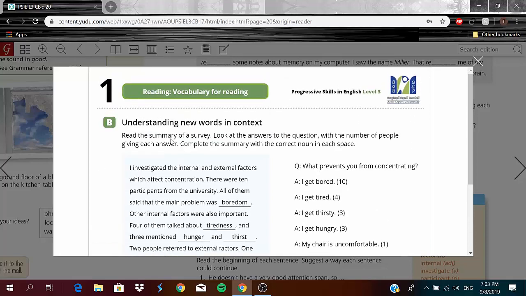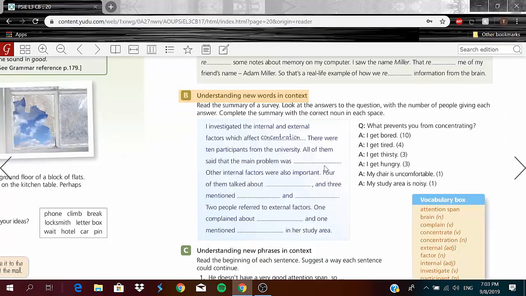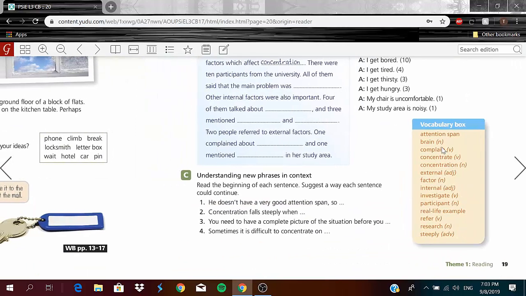Okay, so that was exercise B, understanding new words in context. Now let's go to C. Before we do that, let's check the vocab box. You guys know the drill. Let's start. Attention span,